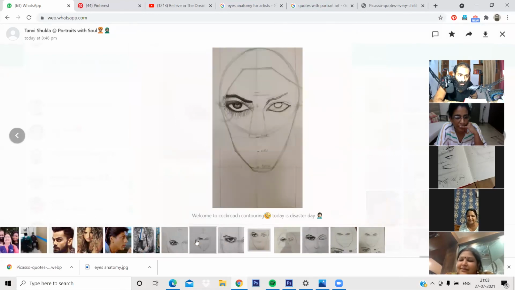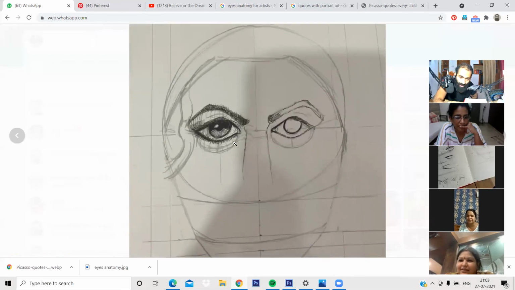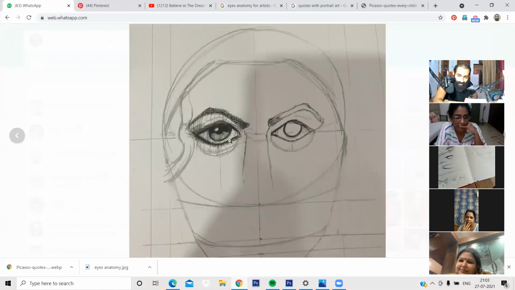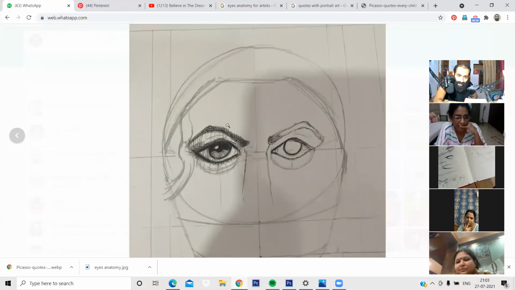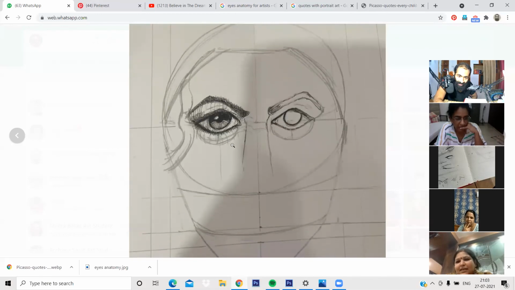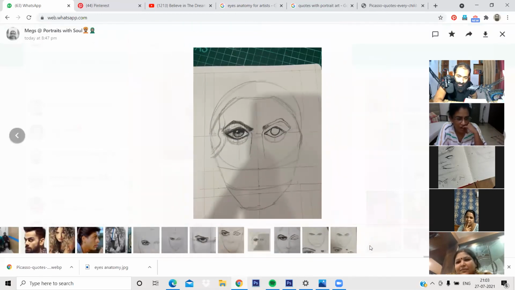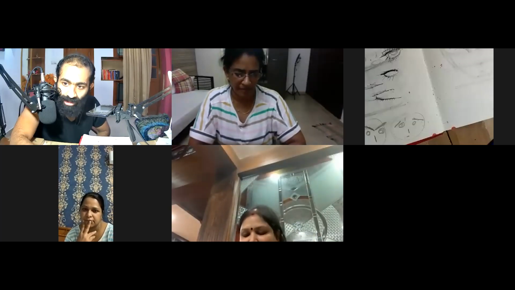Yours is also pretty close, I would say. But your eyes have vertically become too big. If you notice, this portion is too angled. It's looking like a mountain and a valley. This should have been softer. That curve should have been softer.